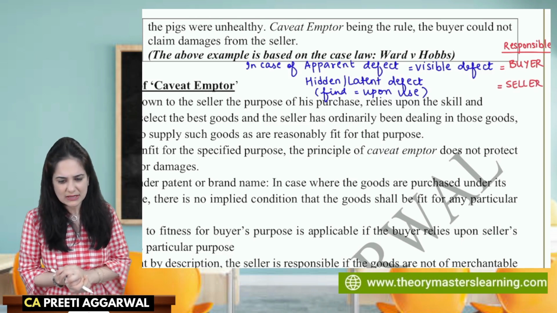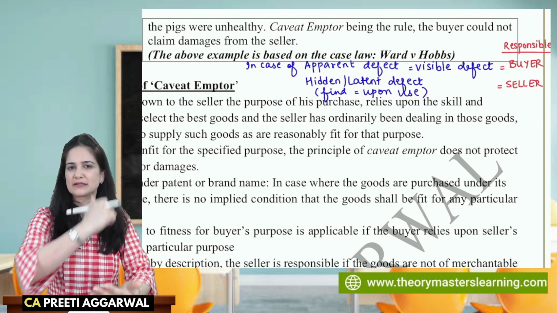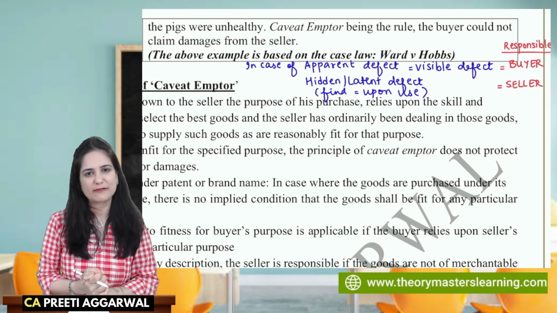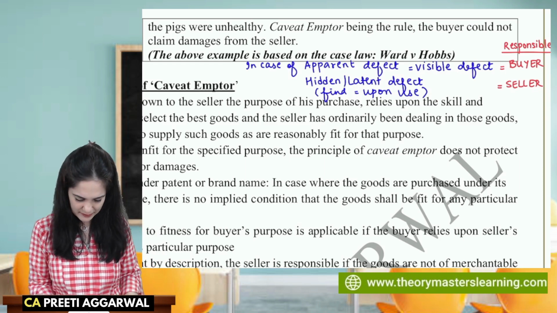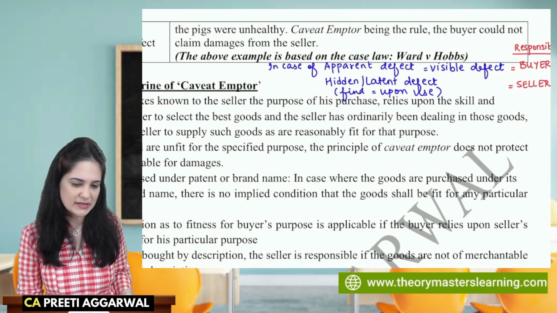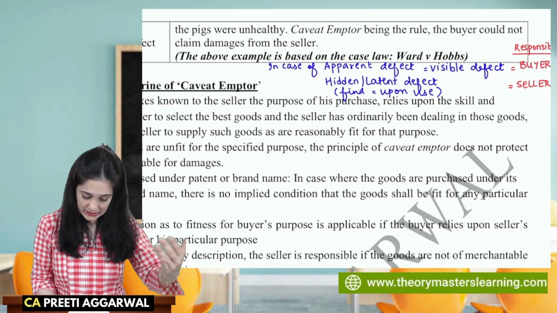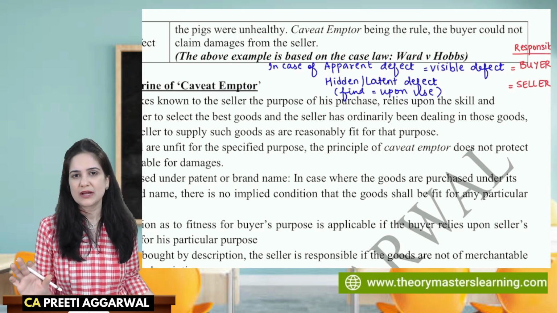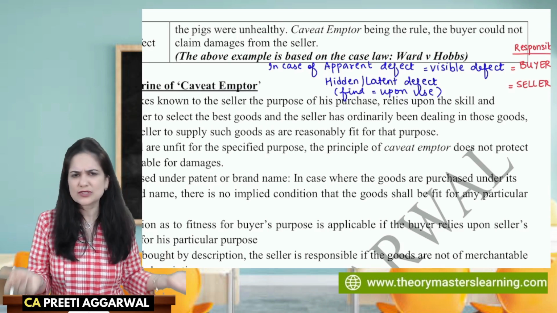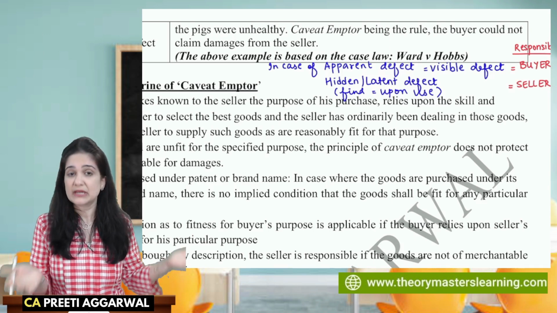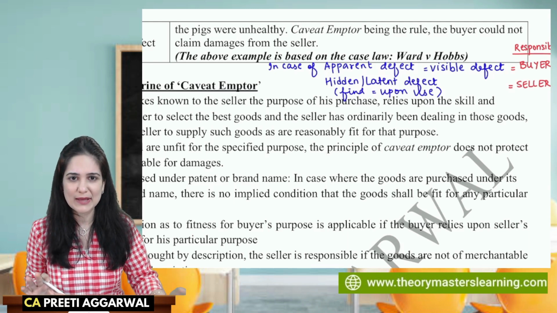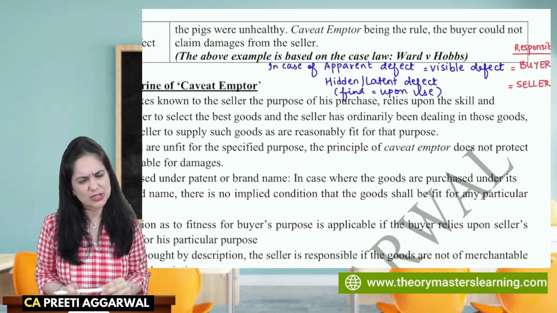All right, the defect was apparent, but the buyer did not inspect. The buyer will have to blame himself. So buyer will be responsible for apparent or visible defects. Now, in these cases, the basic assumption is that buyer must check the goods before buying. But that's not always the case. There are certain exceptions. Under these exceptional cases, buyer is not liable, seller will be responsible, and you will understand why.